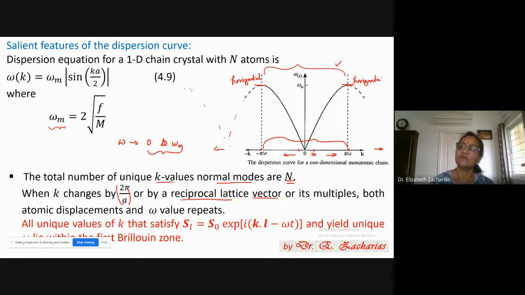In physics, in waves, you have studied that velocity of propagation is equal to omega by k. You studied this in physics in waves. So this is when we are talking about a single frequency. But here, you must imagine it like this. Different atoms are there. Each fellow is setting up his normal mode. Then superimposed on that is the normal mode of the second fellow. Superimposed on that is the normal mode of the third fellow. So if you look at the disturbance, it's actually a combination of many normal modes, or it's a group of waves of different frequency which are traveling.